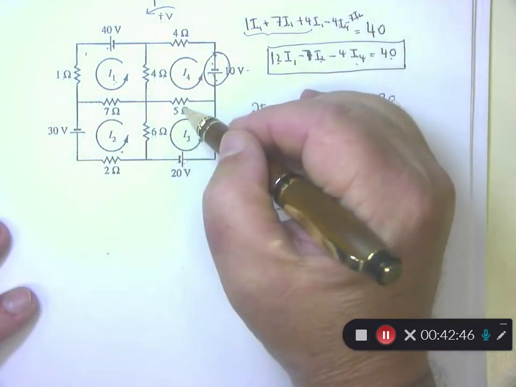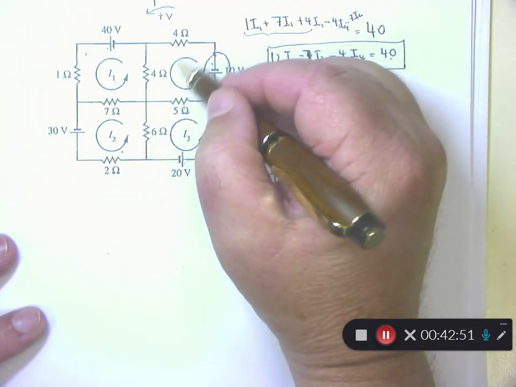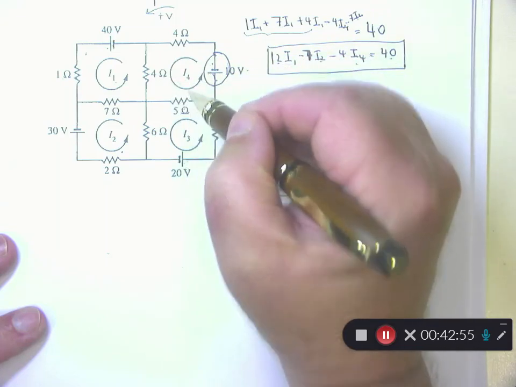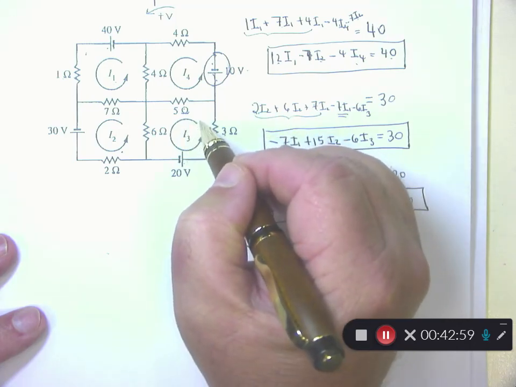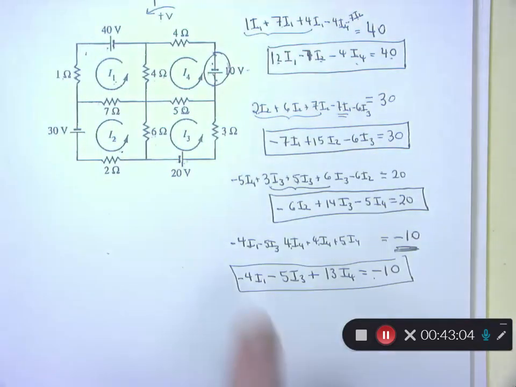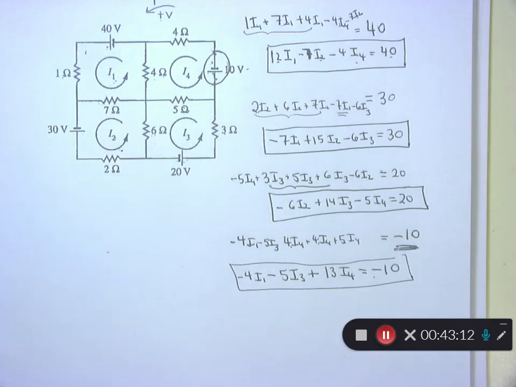This one, you look at your 5 ohm resistor right here. On the top circuit, it's flowing counterclockwise, so it's going from left to right, but on the bottom, it's still flowing counterclockwise, but it's going from right to left on the bottom side, so they're fighting each other, and that's where your sign difference is. This is why these are negative instead of positive. If I flip this one and make it go this way, then it would have been plus, because they would have helped each other, the current would have backed each other up, and the current would have been more going toward